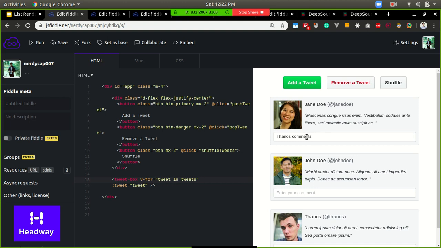So not only if I've written something in the temporary DOM state, if this was to be another child component, and whatever I've entered is stored in the child component and reciprocated over here, then a similar thing would have happened.